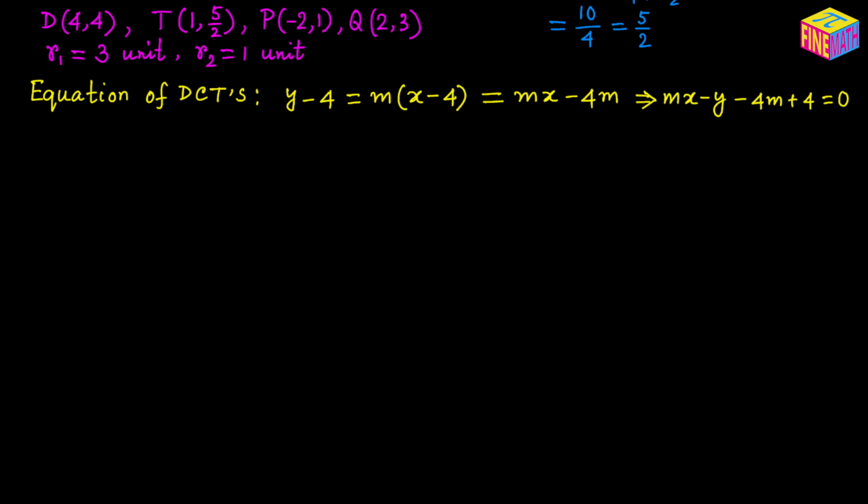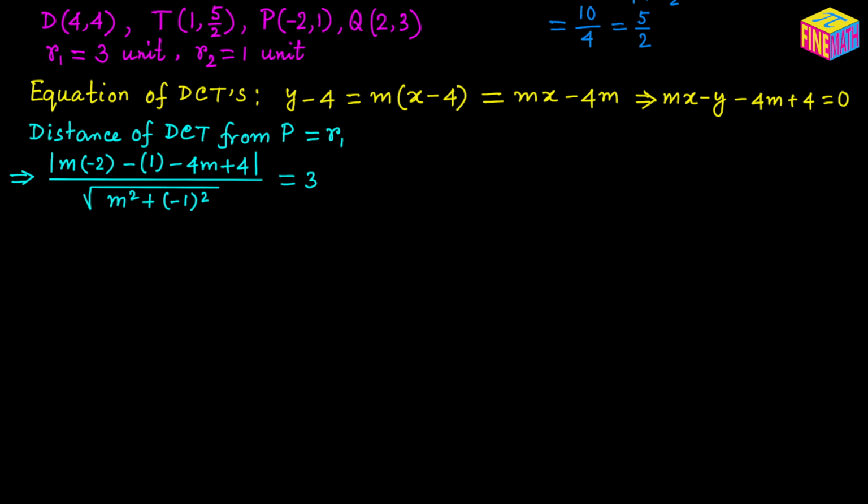I have simply used the values of x sub 1 and y sub 1, which are nothing but the coordinates of the point D, and then I am using m as the unknown slope of the two direct common tangents, and we are going to find the two possible values of m. Distance of the direct common tangent from P will be equal to r sub 1,